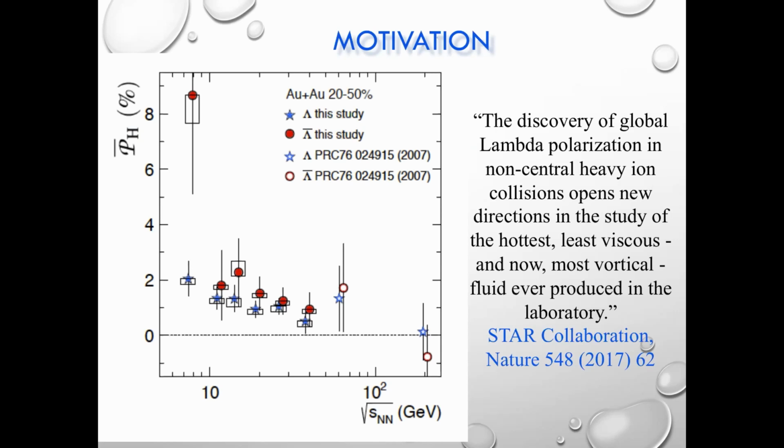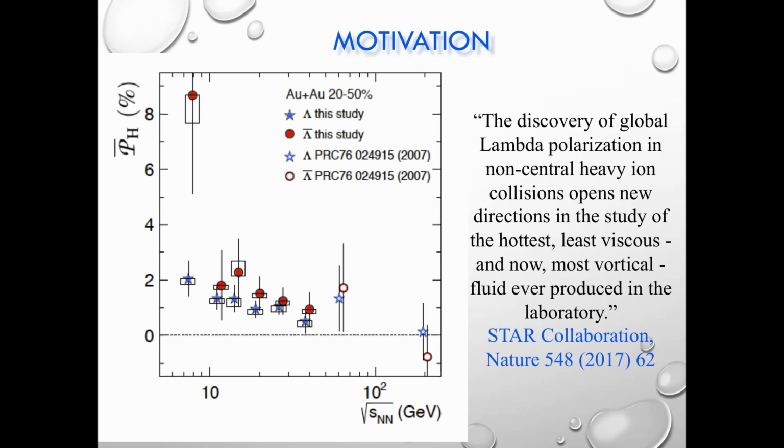Then during the beam energy scan, when energy was reduced to 7.7 GeV in the center of mass frame, the collaboration found that, first of all, the polarization of both lambda and anti-lambda is small, about